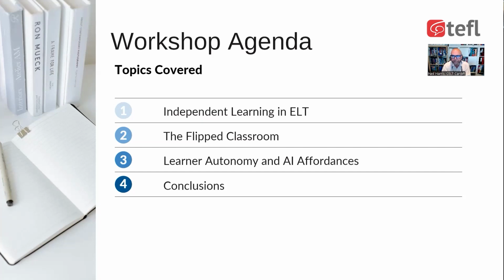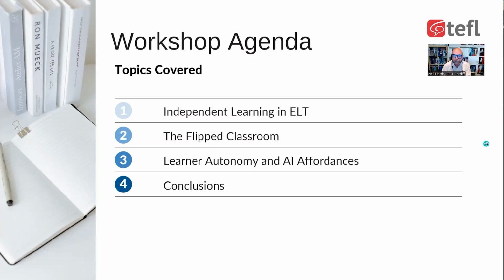And then finally, in section 3, we're going to be looking at the way in which the ecological AI ecosystem can itself encourage both the learner and the teacher to think about ways in which AI can be used in a principled way in order to make learner autonomy and personalized learning as efficient, effective, and yes, of course, fun as possible. And then towards the end, we'll draw our conclusions.